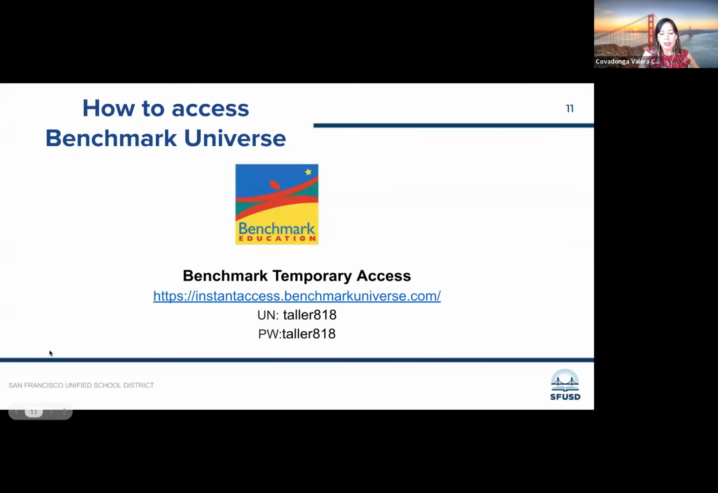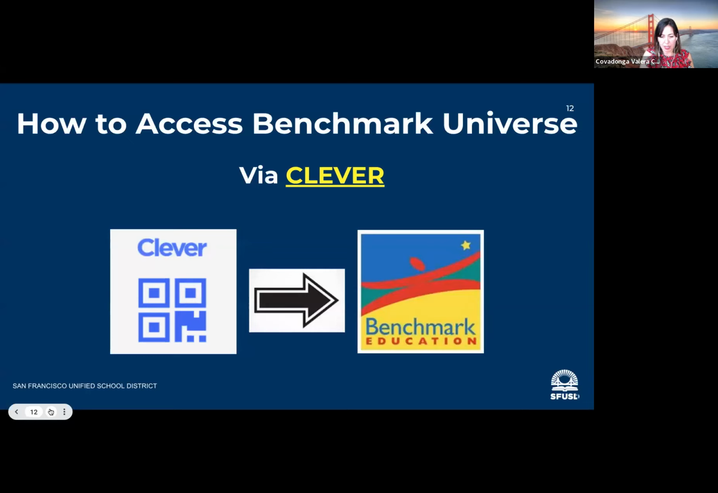All right, I'm going to start by sharing this temporary access to Benchmark. We're aware that some new teachers to the district do not have access to Clever yet, which is the platform with all the resources. Until you get your district email, you may use this temporary access to look at all the different digital tools on Benchmark. And with that said, I'm going to show you how to access